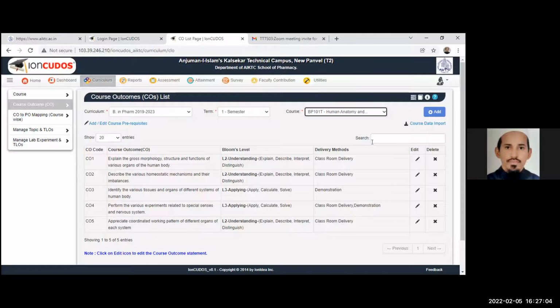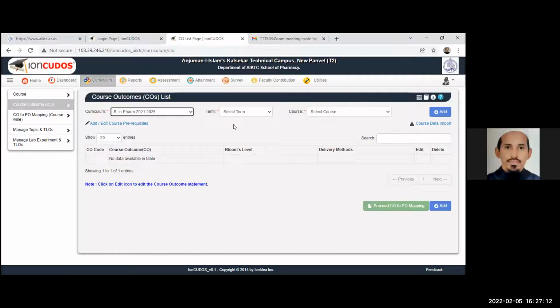So if I am planning for 21-25 and I select 21-25 SEM 1, I can import the course. Definitely for 2024, your SEM 1 course has already been taught. So you can import it.